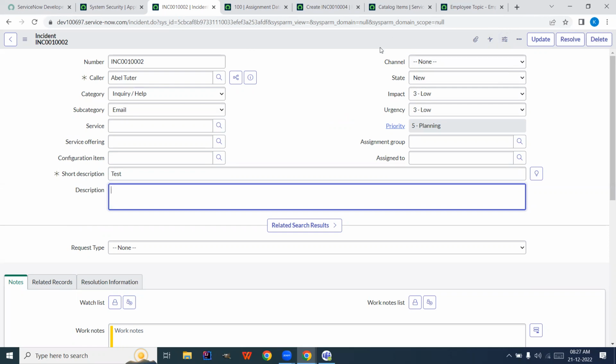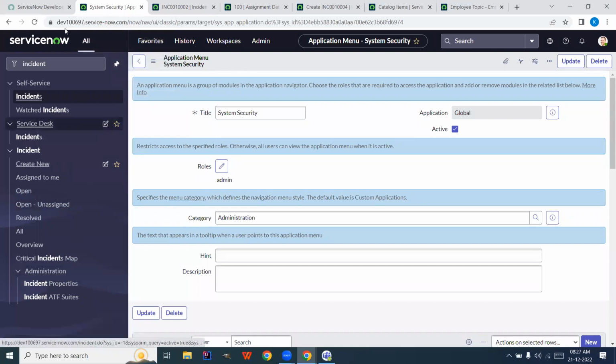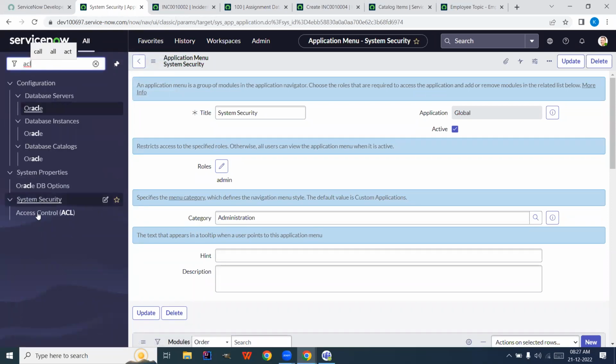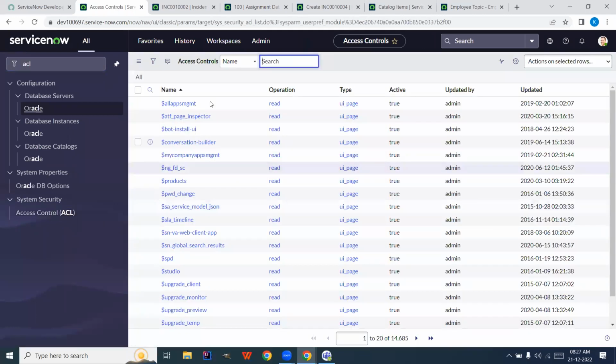So how do I restrict that? I'll create ACL. Okay, so for that, we'll just go to ACL. So ACL, as the name suggests, it is nothing but access control list. Okay, it's just access control list. Then in access controls, I can create a new, okay, new button is not here because I need